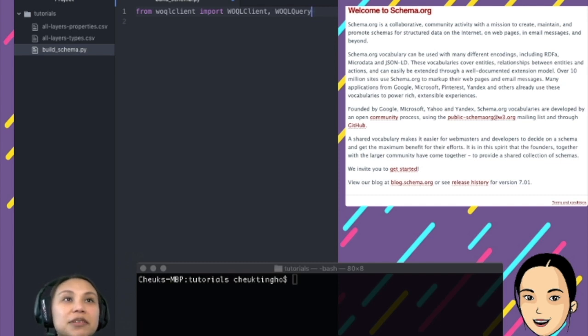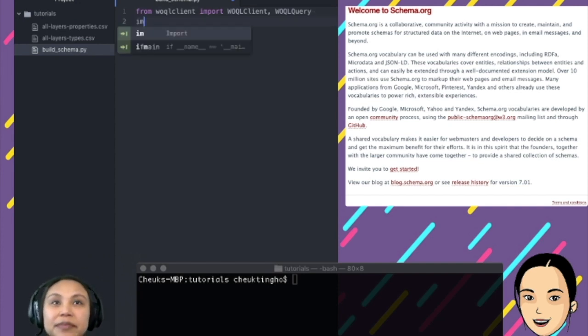Yeah. So WoqlClient, WoqlQuery. That's the two things that I need. Also, I said that I'm using pandas because otherwise I won't install it. Pandas is quite kind of big. So import pandas as pd. That's the data science convention. Right. Import json, I probably don't need it. Okay, fine. That's only for debugging.